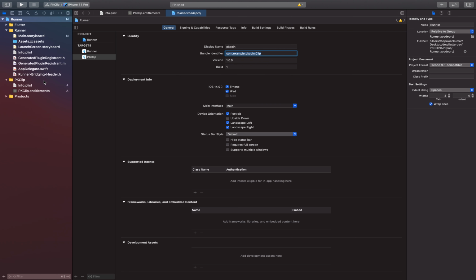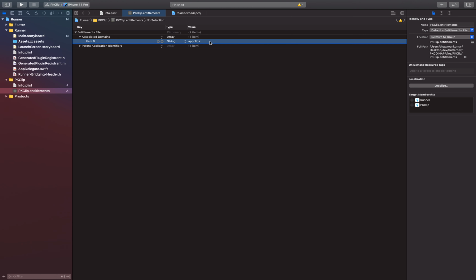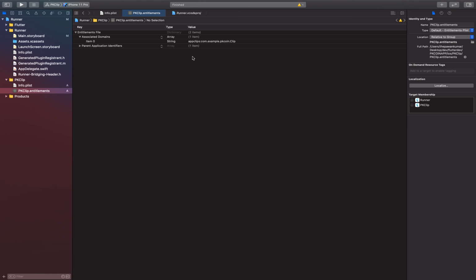I'll copy that and go back to my entitlement file, and after this colon I'll just paste it. Okay, that's what I have to do.